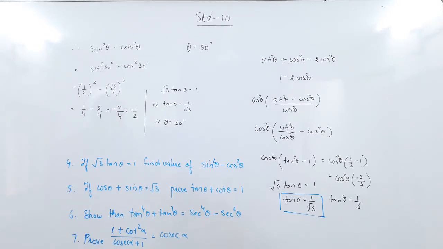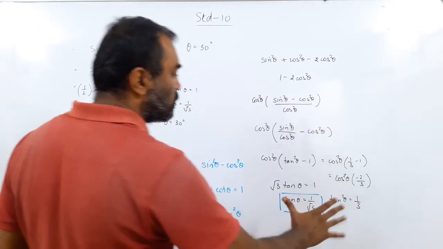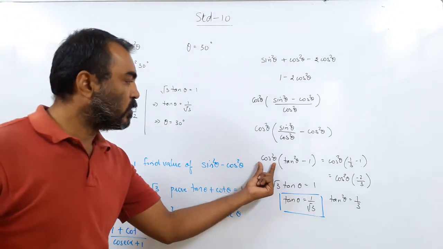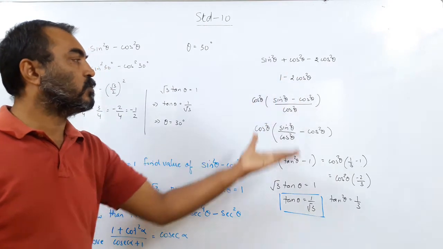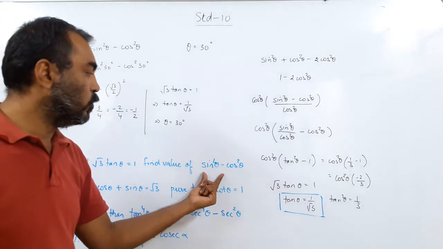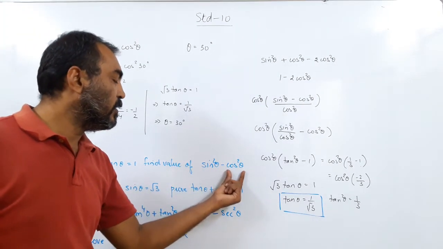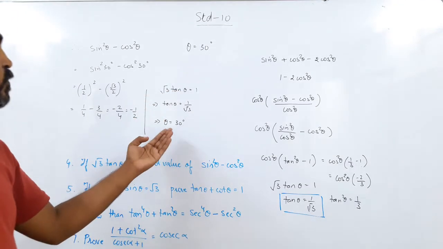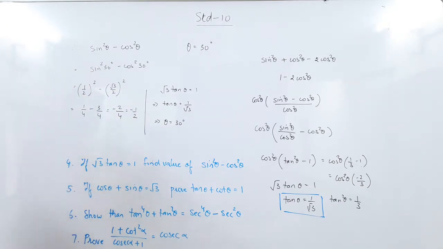So are you following and understanding the approach here? I tried the simplification method but it does not give me the answer for the value, because I need to know the value. Here I cannot know the value of cos square theta. So there is no point doing this. This is not a sum to prove. This is a sum in finding a value, and I can only find the value if I know sin square theta and cos square theta, and I can only know that if I know the value of theta. So I found the value of theta is 30 degree, I put it in the question and I got the answer.